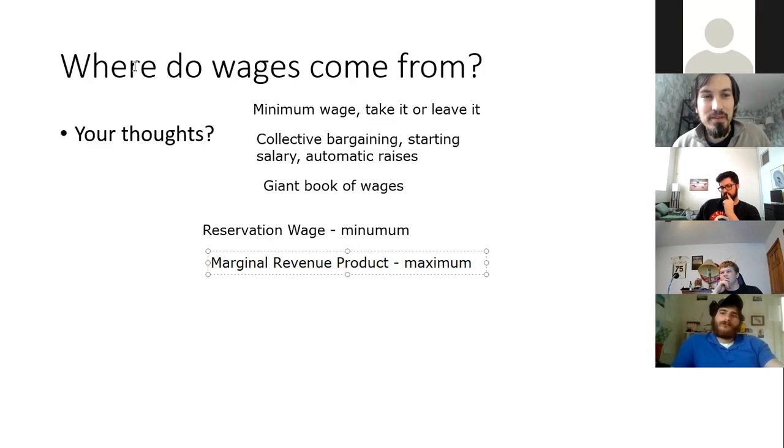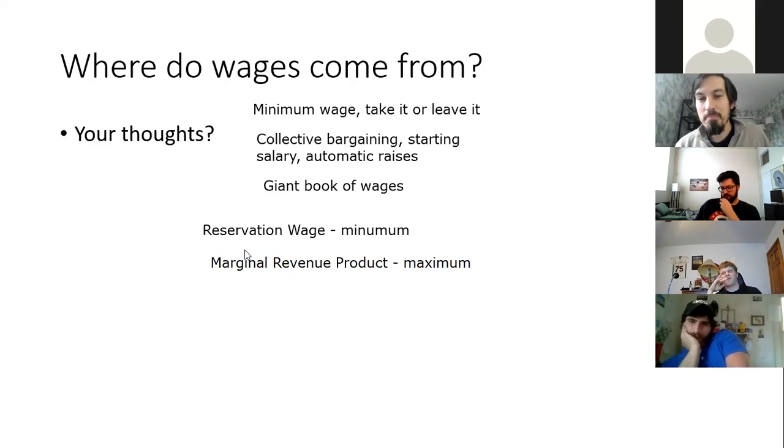But once again, let's go back to the initial question, which is, where do wages come from? I've told you a minimum and a maximum, and that it's somewhere in between these two. That still doesn't say where they come from. Where in between the two do they come from? In our three cases, it really came from the firm. The business decided what to do. And sometimes workers can negotiate a little bit, but I think this is probably pretty accurate.